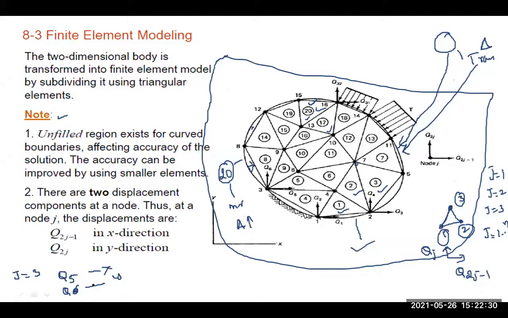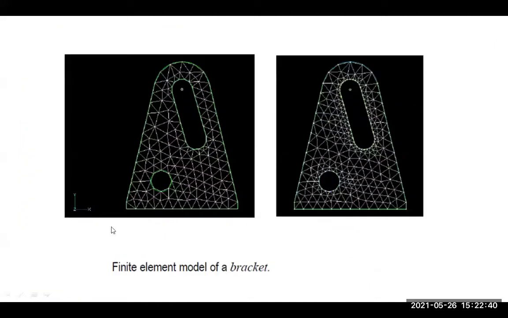So this is a way to represent the x and y deflections for a given nodal point. These are some of the notations. With reference to this notation, see here, we can see one simple object, which is called a bracket. Here, this bracket is analyzed by a triangle element. This bracket is analyzed by a simple triangle.